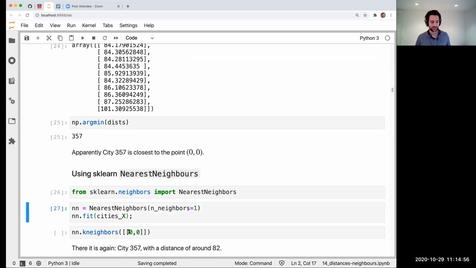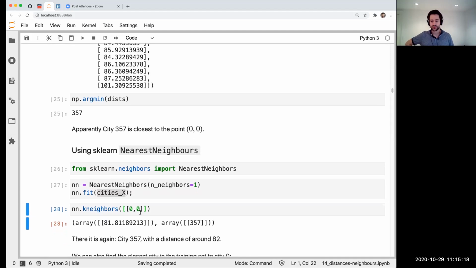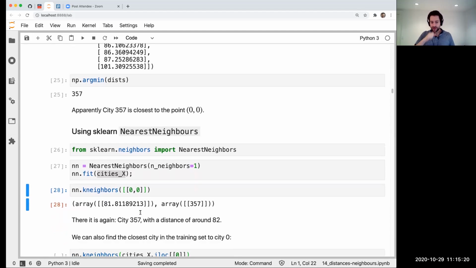In this case, the point I'm querying is 0, 0. 0, 0 was not in the data set of cities, and so it will not return itself because itself is not actually in there. Any other questions? Okay,